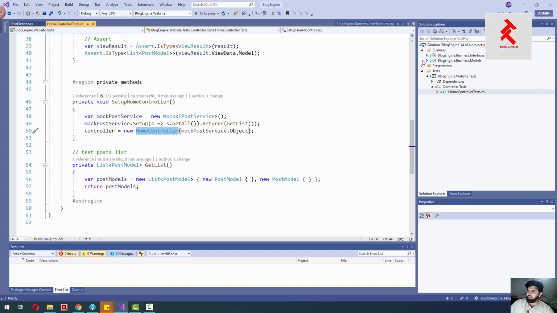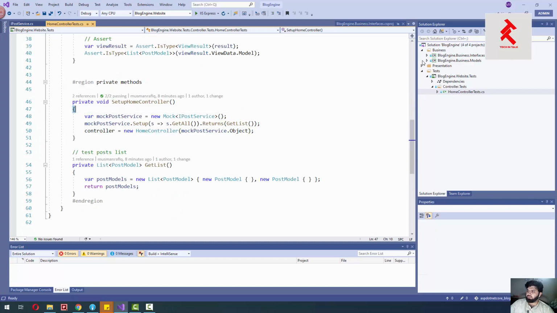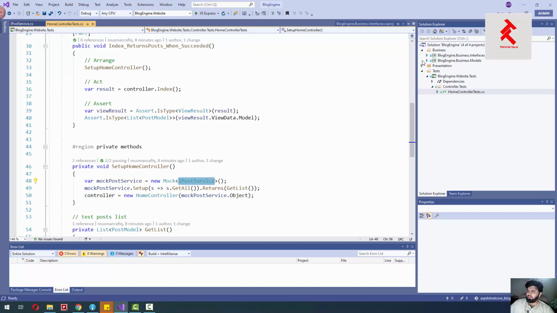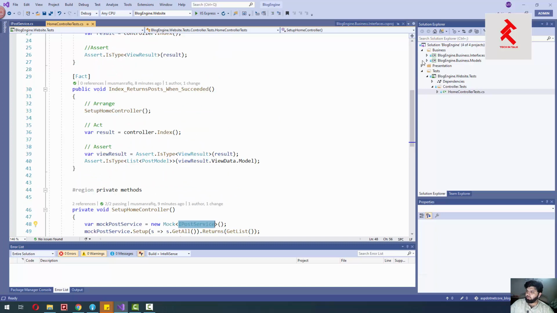The first test required the IPostService object, and in our second test we are validating that our action is returning a list of post models.